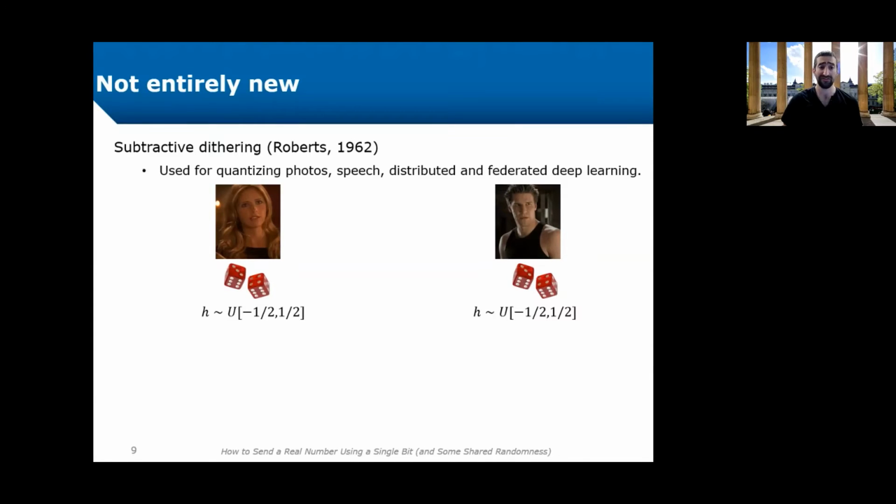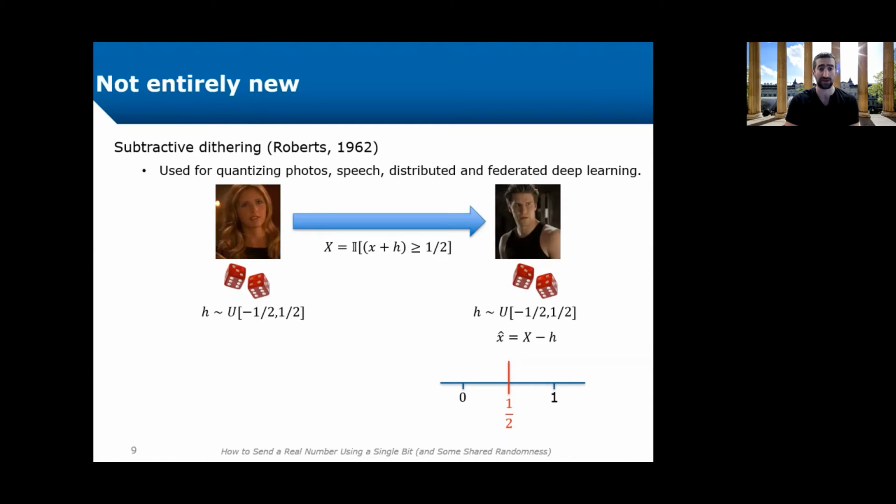Buffy sends 1 if x plus the noise is larger than 1/2 and 0 otherwise. And Angel takes the message x and subtracts the noise from it. So in this sense, it's subtractive. Buffy adds the noise before sending it, and Angel subtracts it when estimating the number.